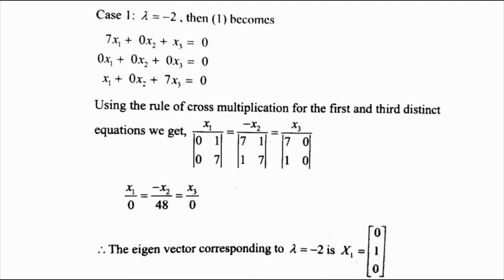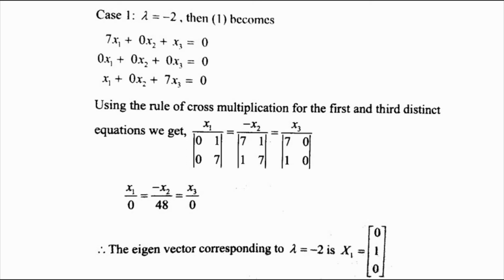When you substitute all the values and evaluate the determinants, we will get the denominator values as 0, 48 and 0. This can be simplified because with 0, 48, 0 we have to bring it to the simplest form, and that is why we are writing it as 0, 1, 0. Dividing throughout by 48 we will be getting 0, 1, 0. This is the eigenvector corresponding to lambda is equal to minus 2.